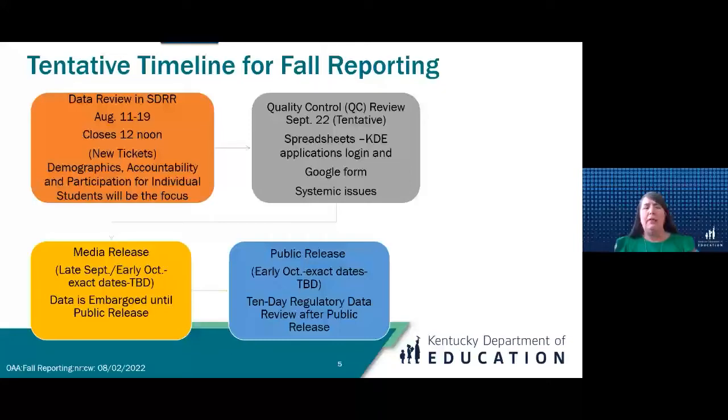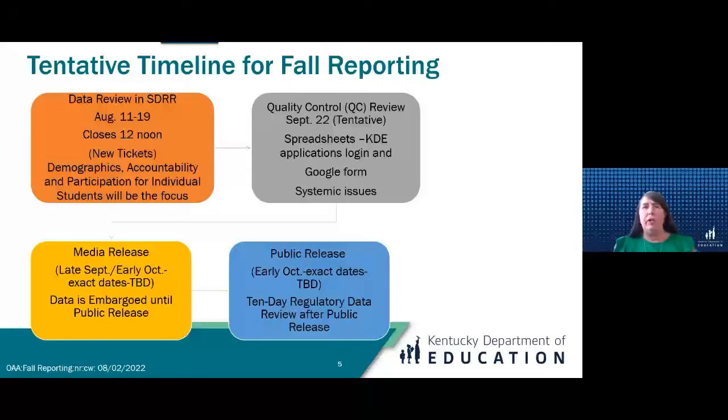And then once we finish up QC Day on the 22nd, we'll get ready for our media release and our embargoed data, which is always embargoed until public release. So we caution you on who you share your data with in your districts.